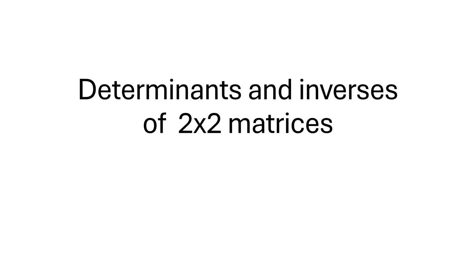I am back with a video on determinants and inverses, and we're going to focus on 2 by 2 matrices. So matrices that have only 4 elements. So 1, 2, 3, 4 type matrices. So that's a 2 by 2 matrix. Okay, so let's